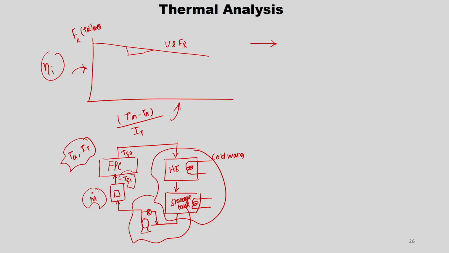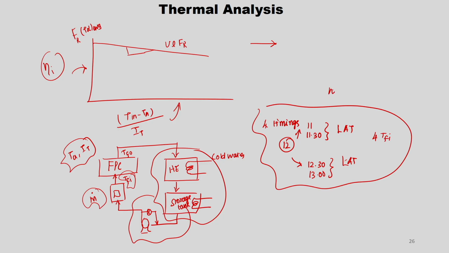So, these are all the auxiliary arrangements to make sure the mass flow rate and T_fi are whatever you wanted. Normally this test has to be performed for 4 timings. Normally we say solar noon is the maximum radiation, so before that probably 11 and 11:30 local apparent time, and the same here 12:30 and 13 hours local apparent time. So, at least for 4 various inlet temperatures, and by fixing one particular mass flow rate, at least 16 measurements are to be done for one particular mass flow rate value.